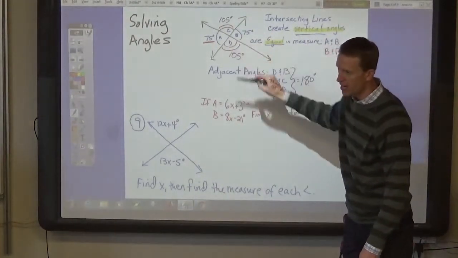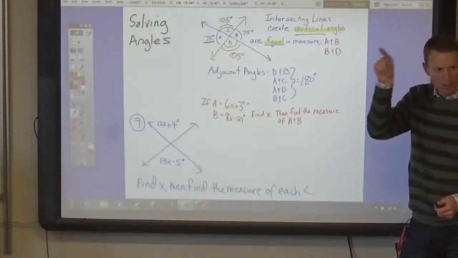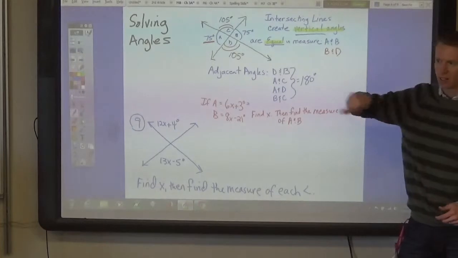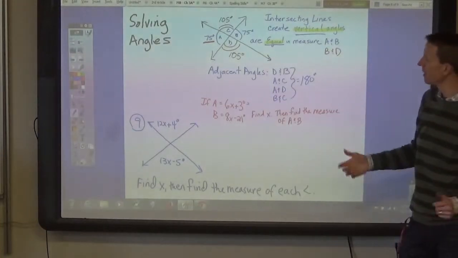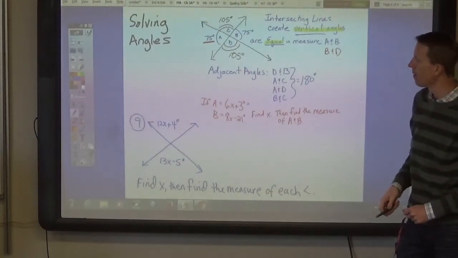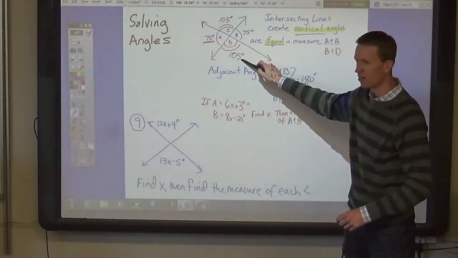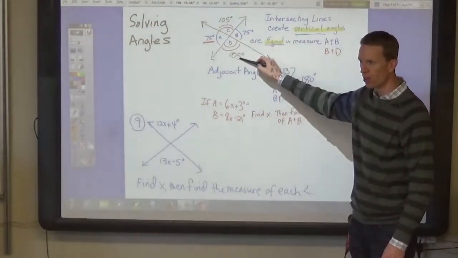Do you know how much that is? A half circle? 180 degrees. 180 degrees, because a full circle is what? 360 degrees. Right. Yep. Now, angles that are next to each other, when you add them up, they equal,